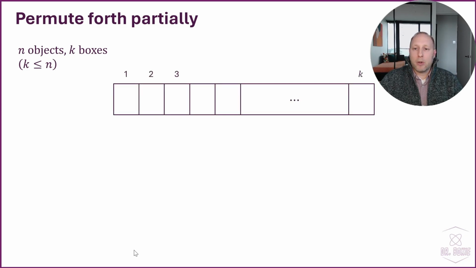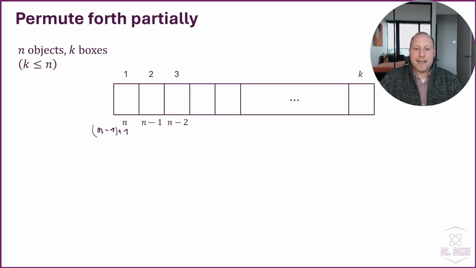Well, here are the k boxes. And for the first box, I have n possible choices, n possible objects to choose from, so I have n options. Once I made a choice for the first box, I have n-1 choices for the second box, afterwards n-2 for the third box, etc. Now, notice the pattern here. For the first box, the number of choices I had was n minus the number of the box, so 1